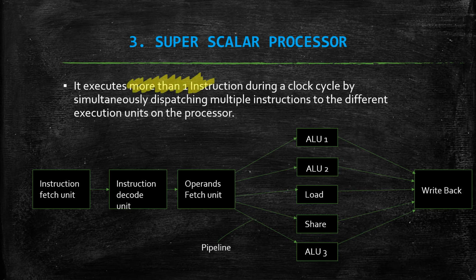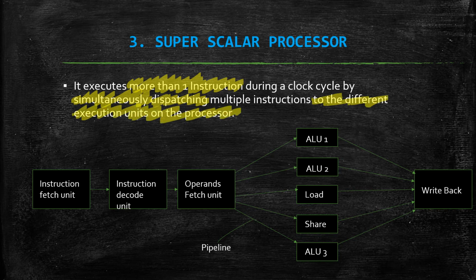Of course, it's a superscalar, so the capacity of this processor must be high. So more than one instruction during a clock cycle, whatever the time it is. One second you can consider, 1 microsecond you can consider, 1 nanosecond you can consider. So during a single cycle, it can execute more than one instruction. But how will it perform that? By simultaneously dispatching, because it has multiple instructions, right? What it will do, it will dispatch simultaneously all the instructions, multiple instructions, to the different execution units on the